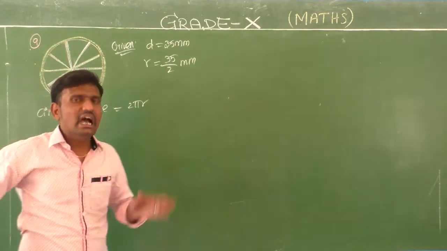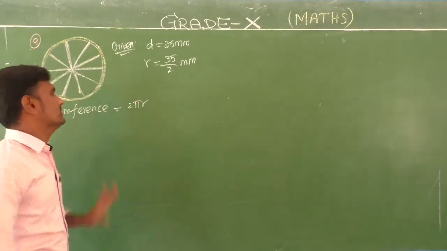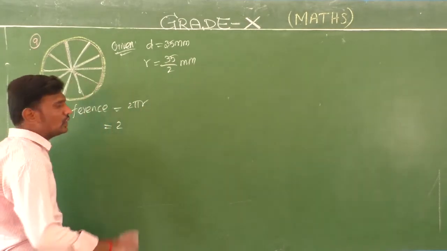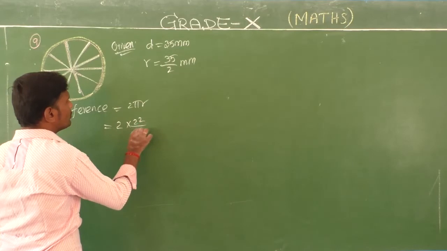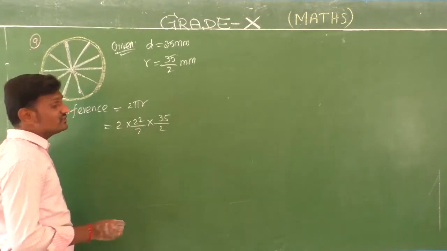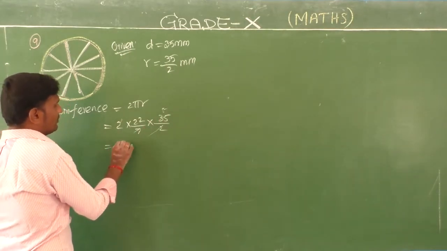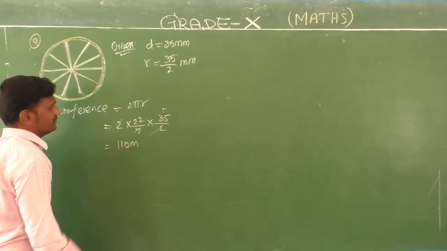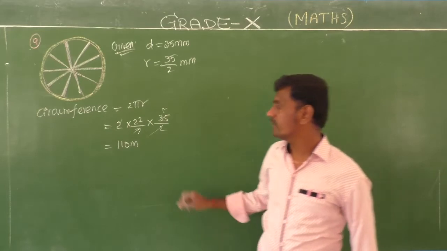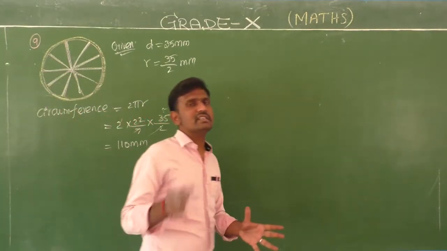So first I am going to find the circumference of one sector. So that is 2 into pi r. Is pi given to you? No. So just substitute 22 by 7 into the value of radius, 35 by 2. So the simplification is very easy. 2 cancel, 1 7 are 7, 5 7 are 35. Then 110. 110 meter or centimeter? So millimeter. 110 millimeter is the circumference of one sector.